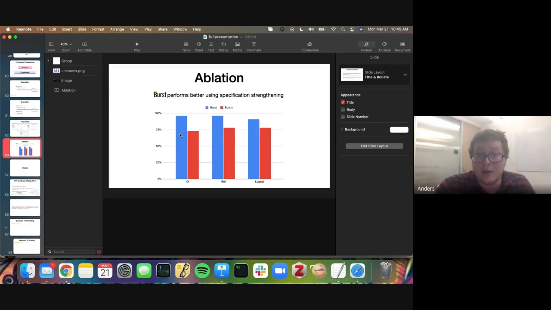This is why the input-output example, this Burst prime, where we don't perform specification strengthening, is even worse at it. That's why it performs so badly on those examples: it'll just give one example of 0 on some very large input and say this is a large enough input that you should be able to figure out the recursion, and it's actually quite difficult.